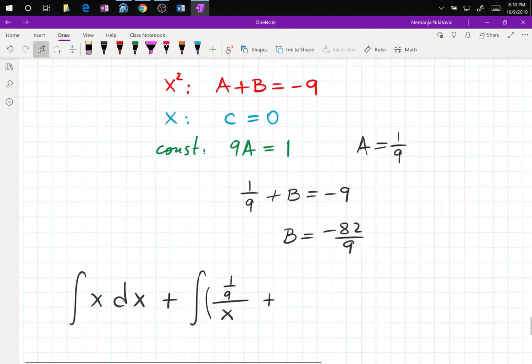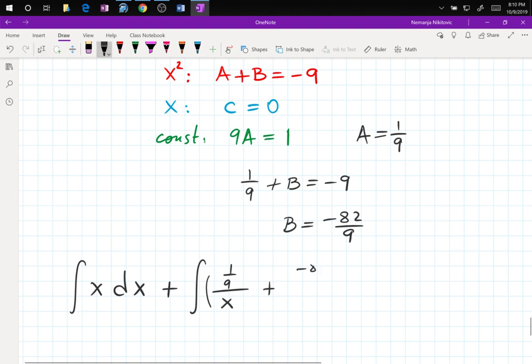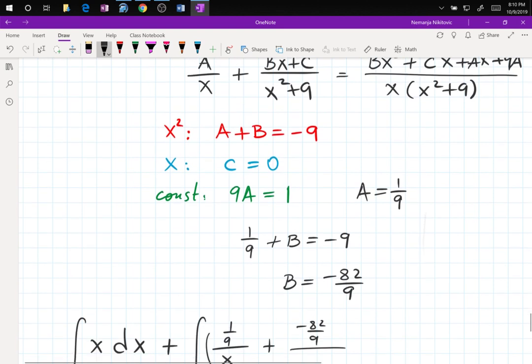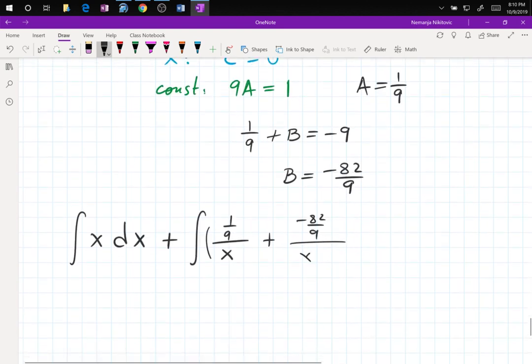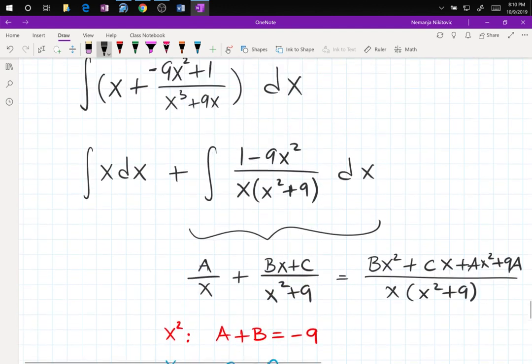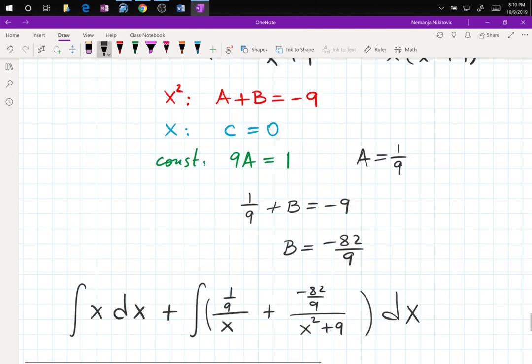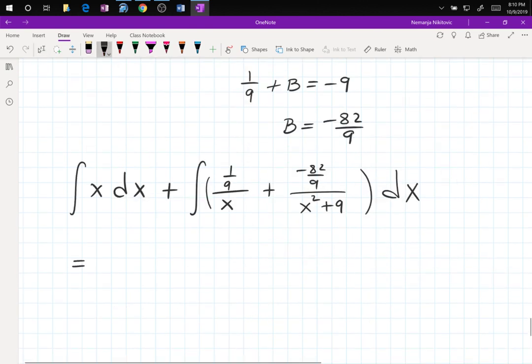So I just have bx, so that's negative 82 over 9 divided by x squared plus 9 dx. Was there any coefficient or constant in front? No. Okay, good. So now we integrate x to get x squared over 2 plus